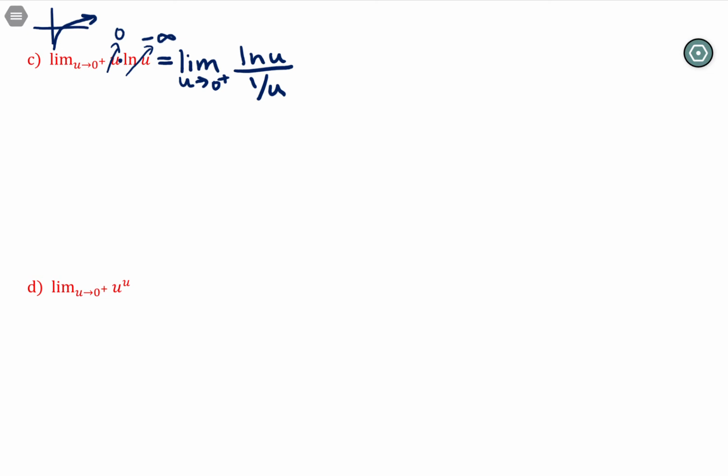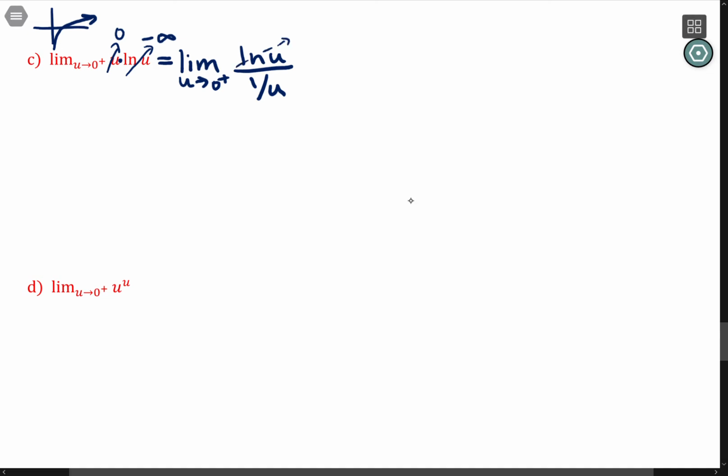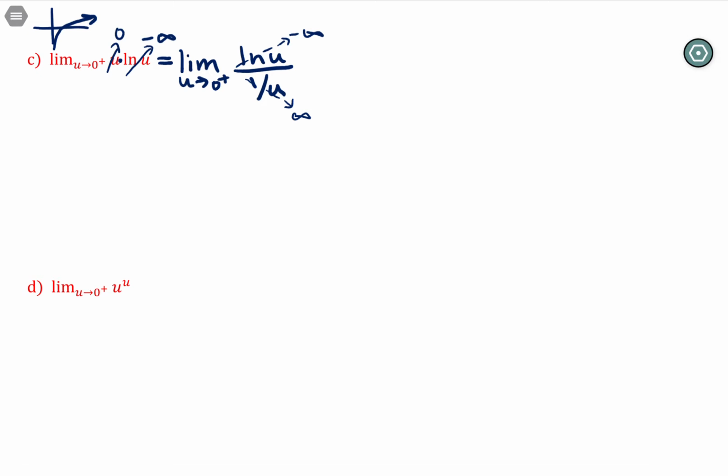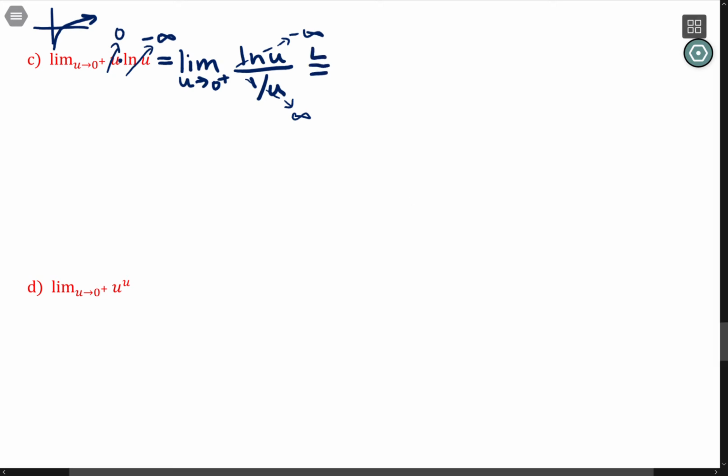And now the natural log of 0, that's headed to negative infinity. And as u approaches 0, 1 over u is headed to positive infinity. This is a L'Hopital's rule form. We don't care about the minus sign at all, but that infinitely large over infinitely large is a valid one. So now I can say, according to L'Hopital's rule,